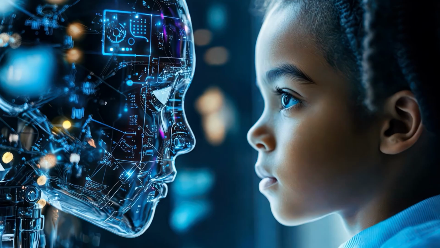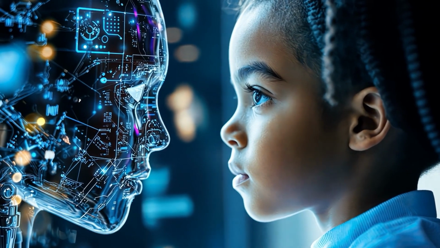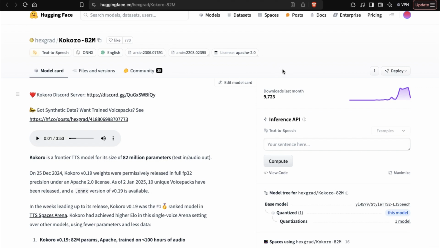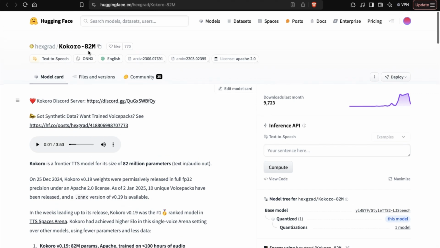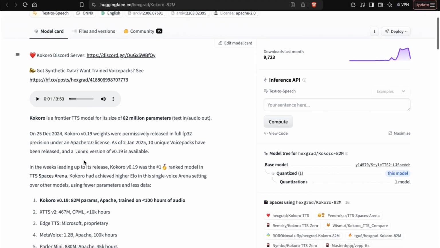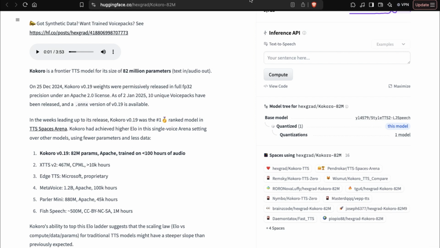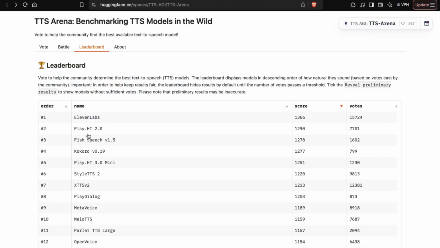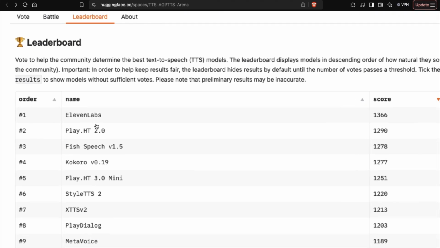Hey everyone. I've just discovered an incredible new text to speech model, and it's called Kokoro TTS. This model is making waves and outperforming some of the most popular options available in the market right now. Let me tell you why Kokoro TTS is quickly becoming one of the top rated text to speech models out